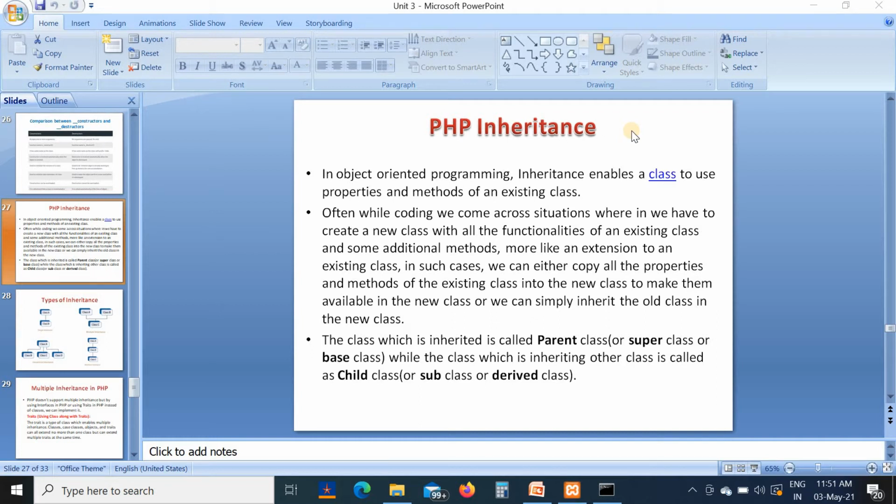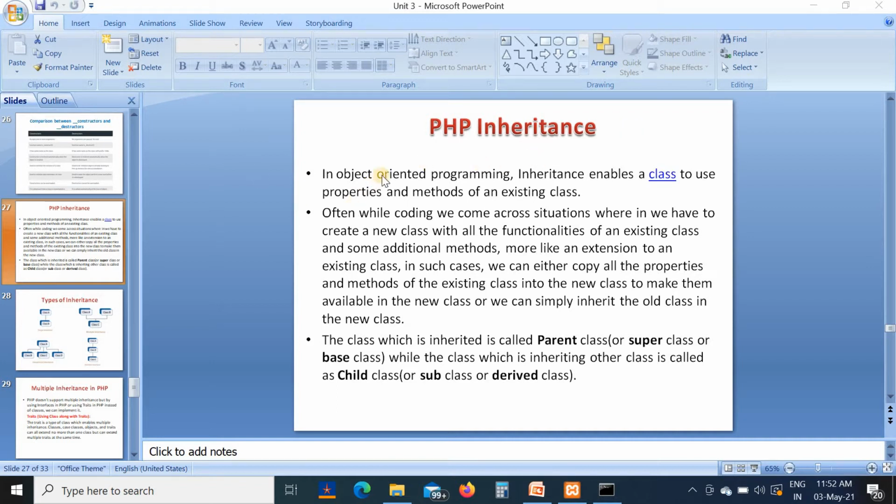Here, by using the inheritance concept, we are creating a new class from the old class. The new class consists of a number of properties of the old class also. Now let's see the concept of inheritance in detail.